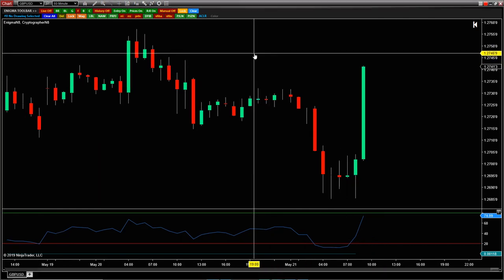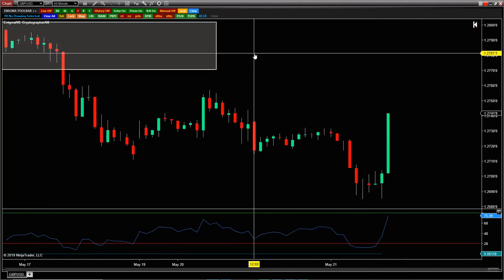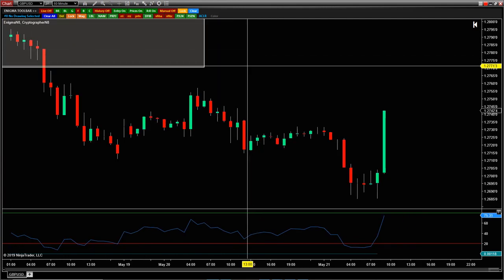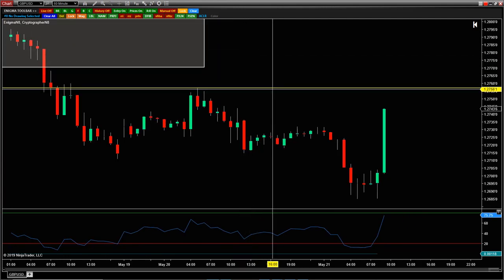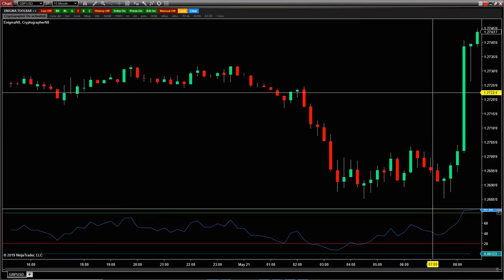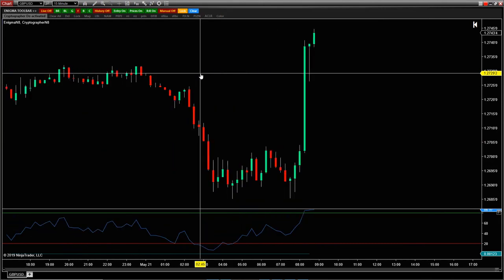All right. Pound dollar 60-minute chart. So again, we want to see that break before we look for any type of move up. So just keep an eye on this big candle and how it goes and see what happens. Counter trend traders, you can also look for a hold of that level.